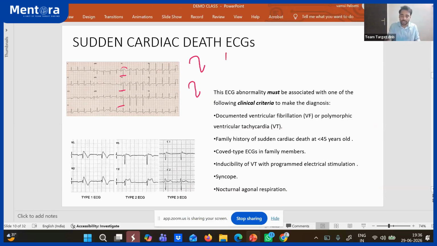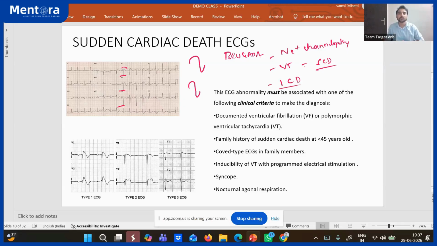So what is this Brugada again? This is a sodium channelopathy. The patient has a problem in the sodium channels. Because of the sodium channel problem, they can suddenly develop ventricular tachycardia and the patient can have sudden cardiac death. Very important. So you have to prevent this sudden cardiac death. That means you have to prevent ventricular tachycardia. That means you have to put an implantable cardiac defibrillator. No drugs can help in preventing ventricular tachycardia.